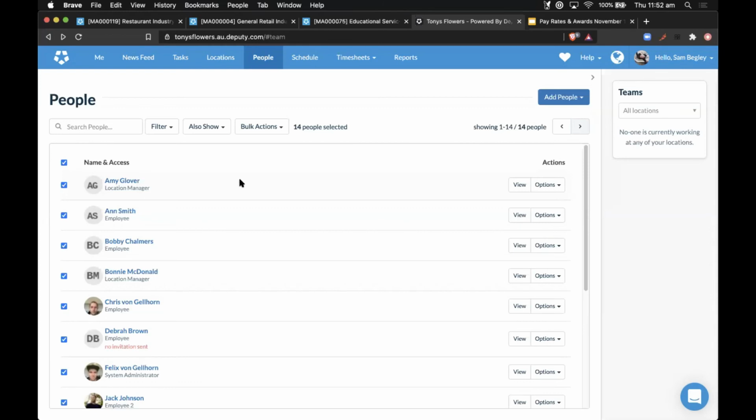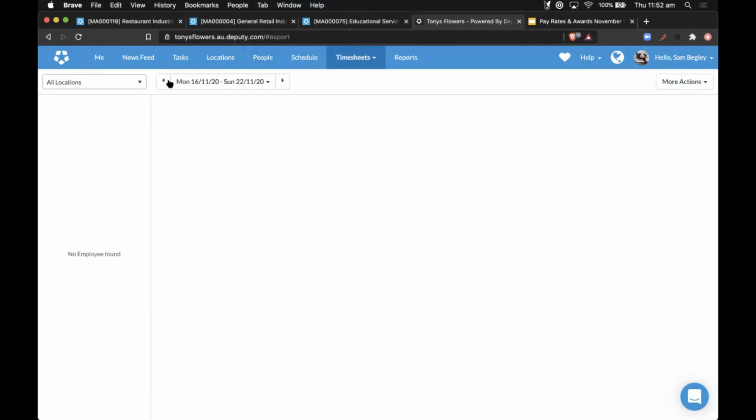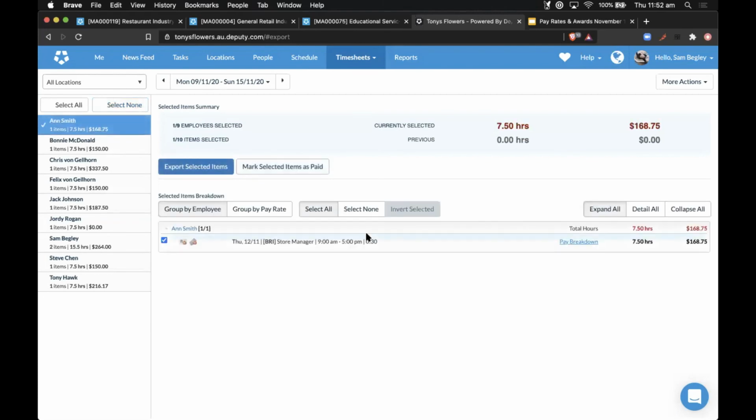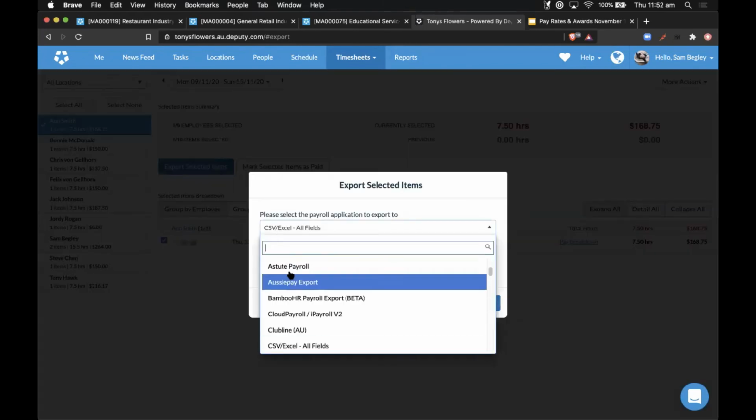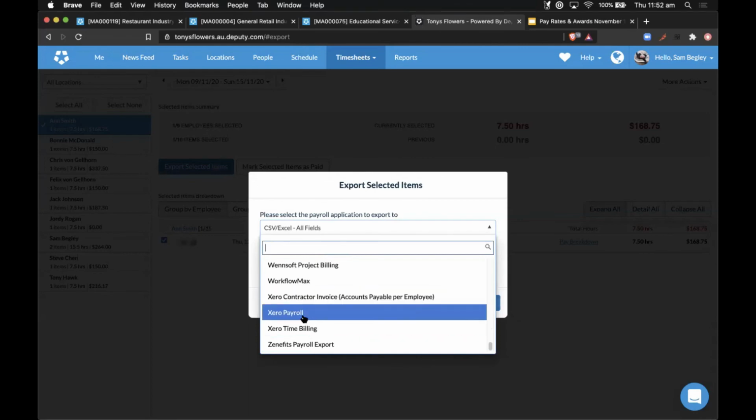Then there were a lot of questions regarding Xero. Will Xero be able to read all the awards, award rates and changes that are made in Deputy? The answer is yes. So if you choose to use our awards in Deputy and you make any changes to it, the important thing here is that there is a button when we export, which I think we're not connected to Xero right now, right, Sam?